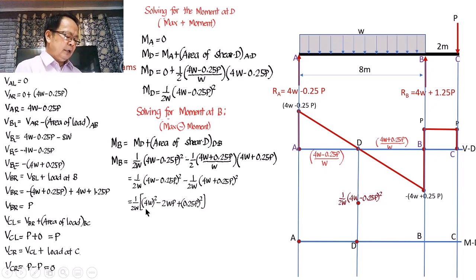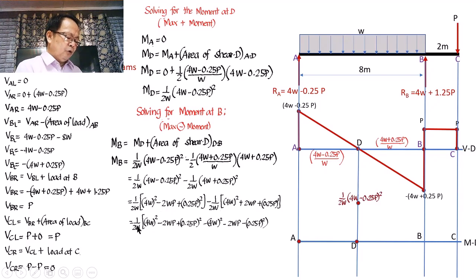So this becomes 1, then expand na natin itong part na ito, di ba? So that becomes 4W square minus the product of 2 times 4 times 0.25, which is actually 2WP. Then you have plus 0.25 square. So minus the quantity of 1 over 2W times the quantity 4W square plus 2WP plus 0.25 P square. So again, factor ko dito yung 1 over 2W. Kaya lalabas dito, I have here 4W square minus 2WP plus 0.25 of P square minus 4W square minus 2WP